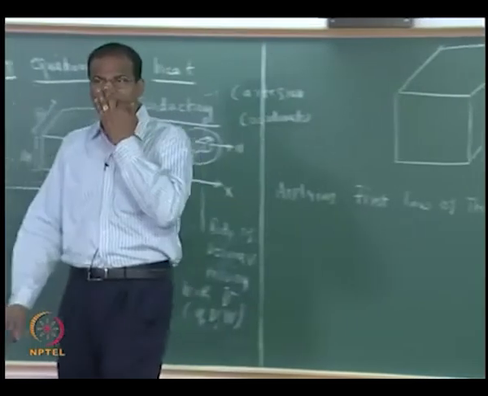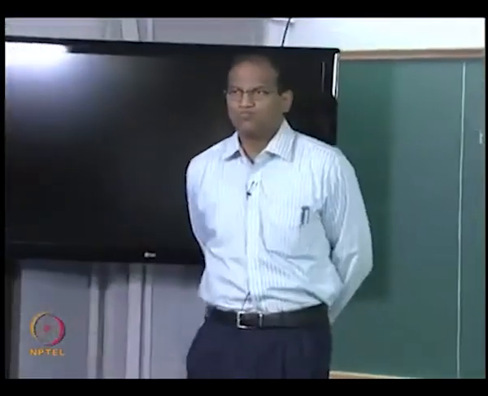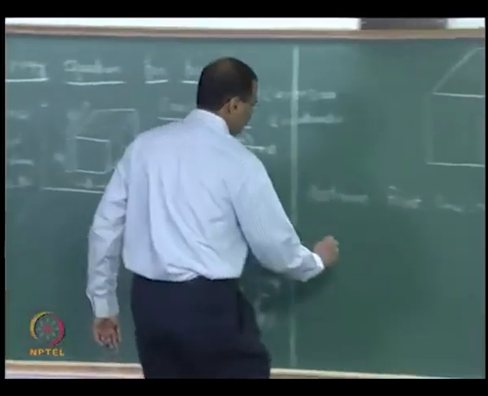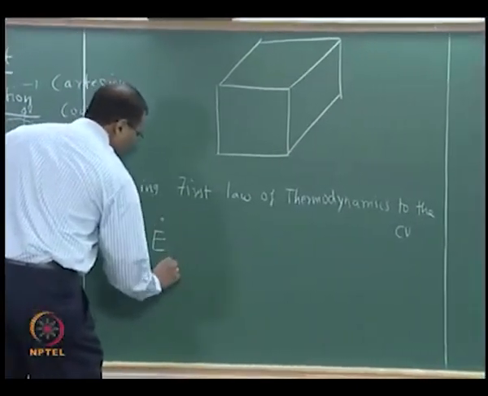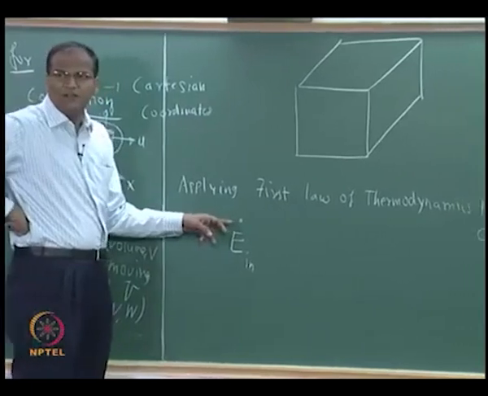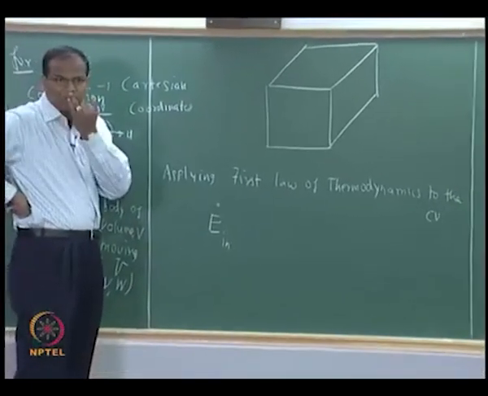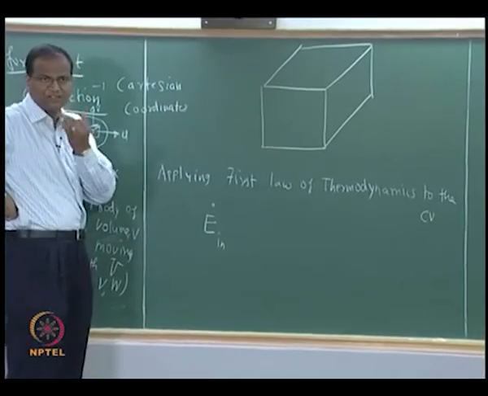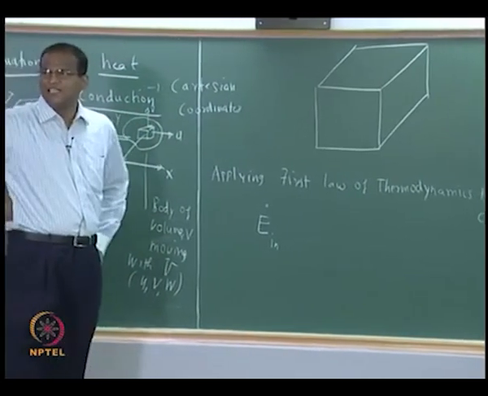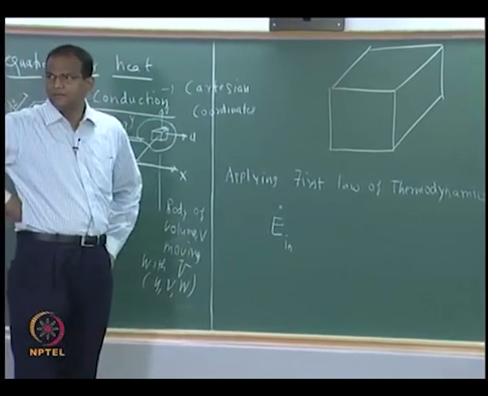Applying the first law of thermodynamics to the CV, the control volume, I am putting E dot, because this is heat transfer, we are talking about rate per second, how much is the transfer, right, that is what we are interested in, joule per second. So, E dot in, whatever the energy is coming in, plus